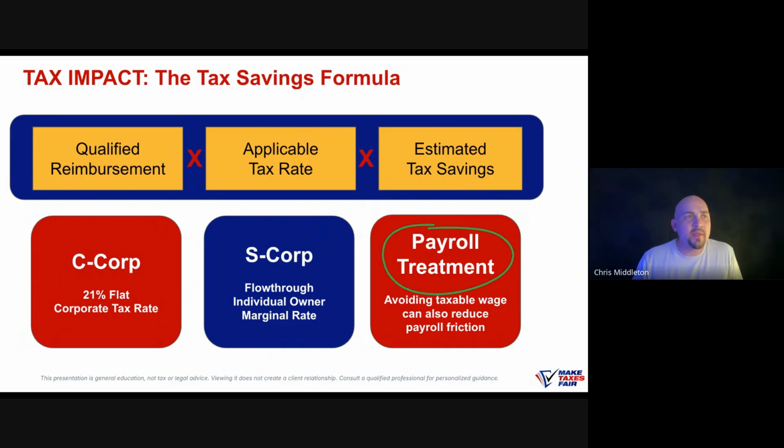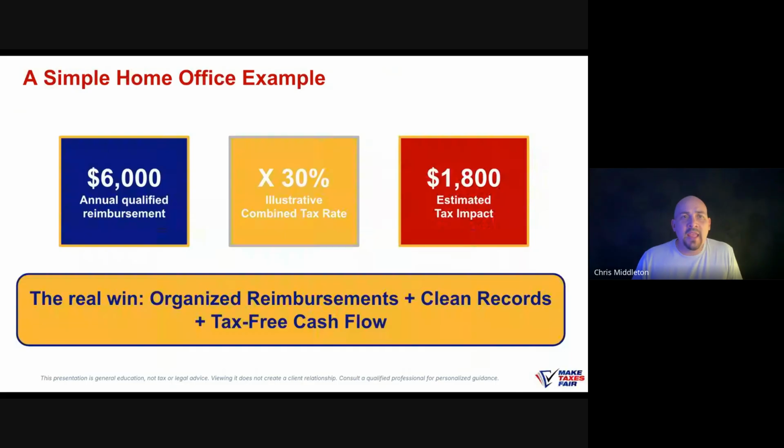On top of that, the payroll tax treatment. So again, an example, and I hate the fact that this is a nice round number. Folks, in real life, is your utility bill always $200 every month? No. Is your cell phone bill always $100 even? No. In real life, things are odd. Life is odd. I'll just say that, right? So you want to make sure that you are keeping reimbursement, and I'll hit on that in a minute.